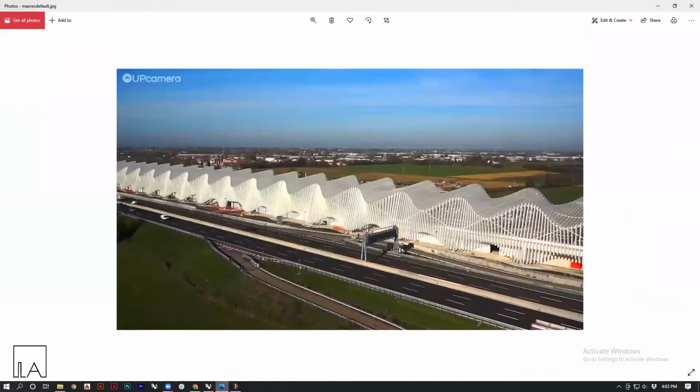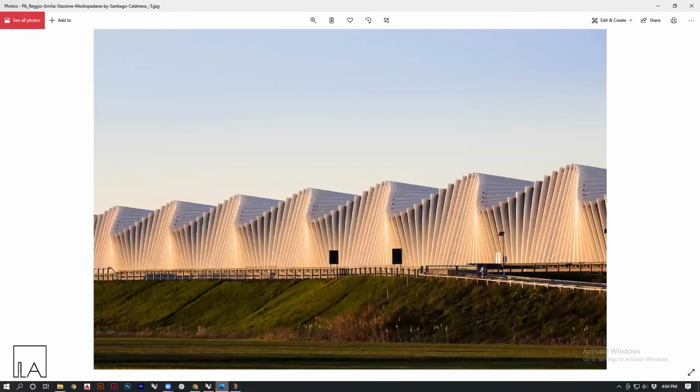A few more images as you can see over here. The Media train station is a large train terminal wherein the high speed trains actually arrive at the station. And to make sure that the entire structure is also proofed with sound, the walls as well as the roof have been made into undulated forms so that the high speed velocity as well as the high frequency sounds that are traveling across the train station are cut down in their length. And as you can see, the entire structure has the undulating nature applied to its faces as well